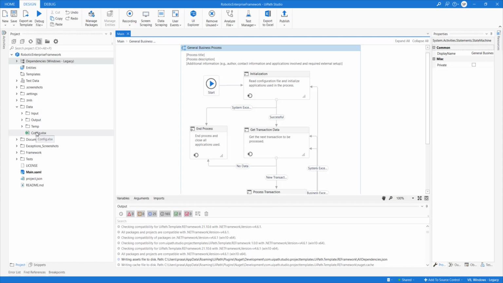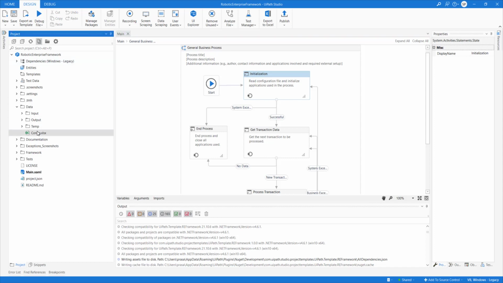It is not necessary to keep the data in the same folder where your code is. We should be able to define this config file somewhere else, in a network location or a share location, and read it from there. For that we need to perform a modification, and in the init state we need to tell it to fetch the information from so and so location. Let's quickly look at the config file and try to understand what is there.